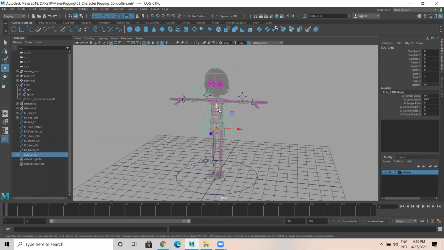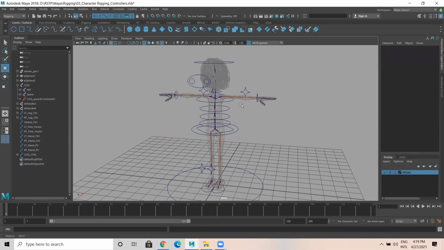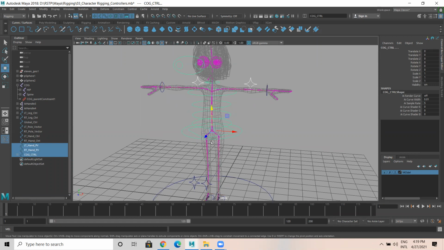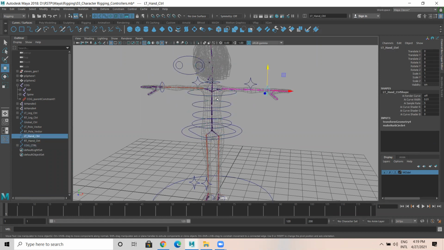So I'm getting an output like this. Okay, up to this is fine. Select both the pole vectors and shift select this hand control, cog, P. Then select both the hand controllers and shift select the cog, P.